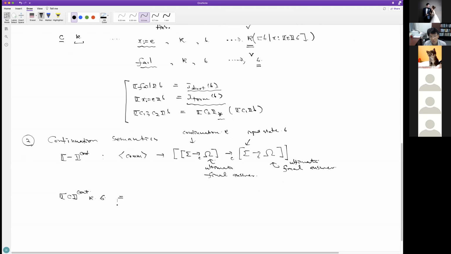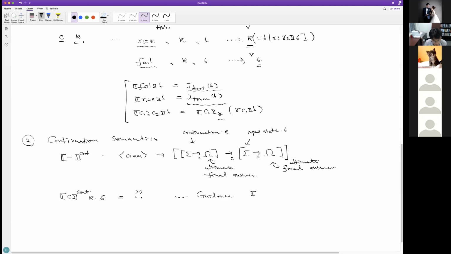Okay. Now the question becomes, how should we interpret this? If my vague explanation somehow made you understand the basic idea of a continuation, then you will be able to fill out the rest of what's really going on. But if that's not the case, then here's a more formal way of capturing what I told you before. So how should we complete this? And then some guidance comes from the correspondence between this continuation semantics and the semantics that we covered before.